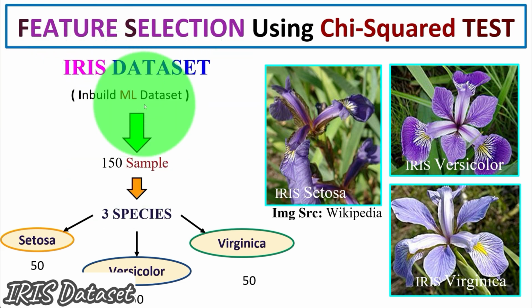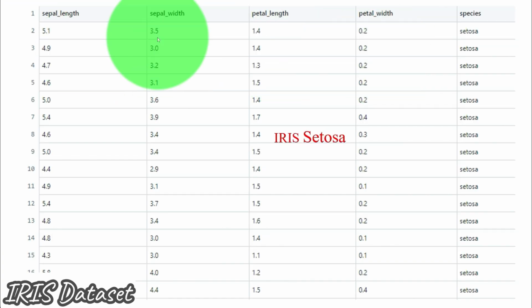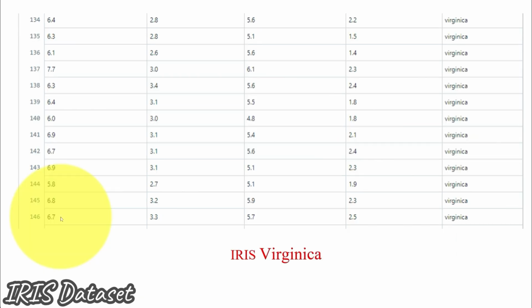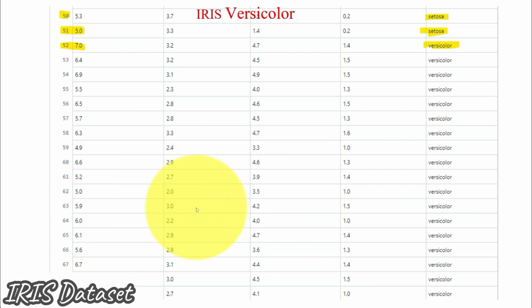This dataset contains 150 samples, that is, we have 150 data points. Here each data point represents a flower. For example, you can see we have a total of 150 data points, and each data point represents a single flower. So we have a total of 150 flower samples.